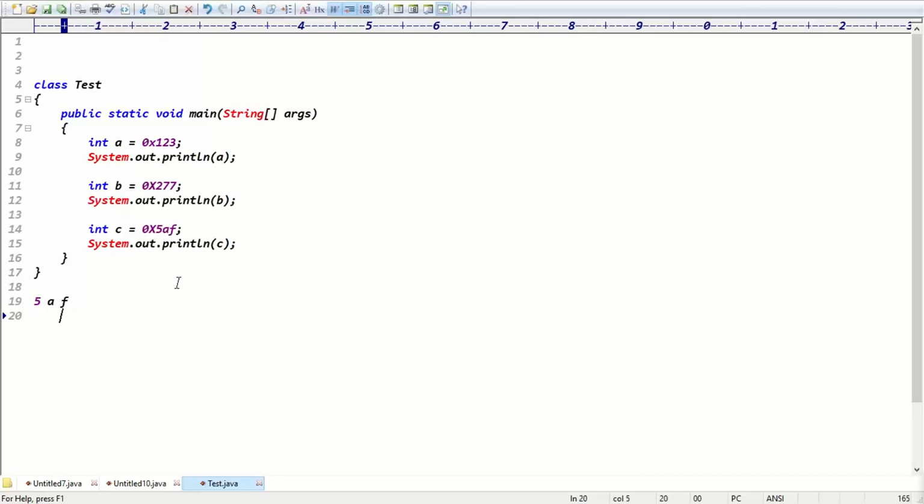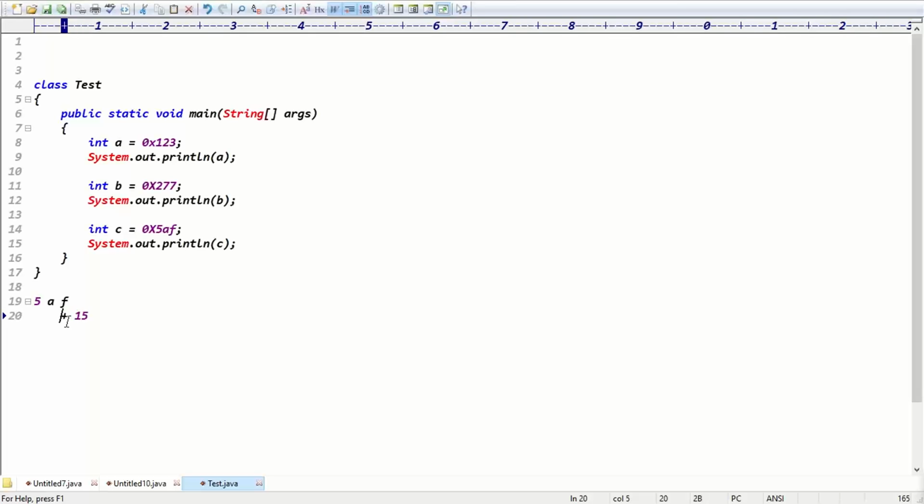5AF means for the first, 16 power 0. Sorry, what's the value? Maybe 1455 is the correct answer, because this is 16 power 2, right? For the first one, 16 power 0 is 1. So 1 times 15 is the first value, 15.